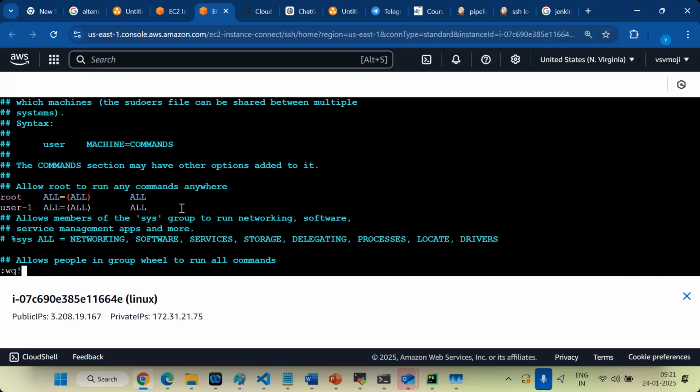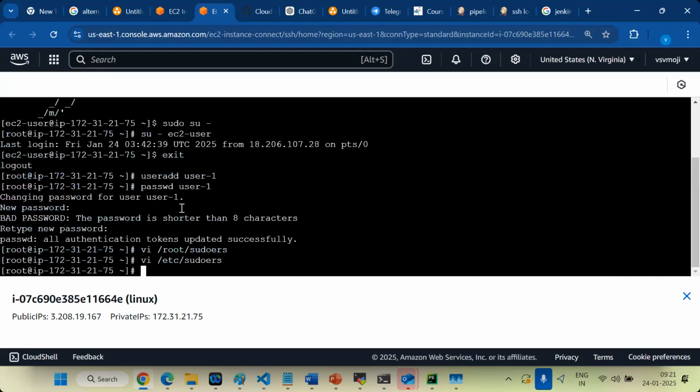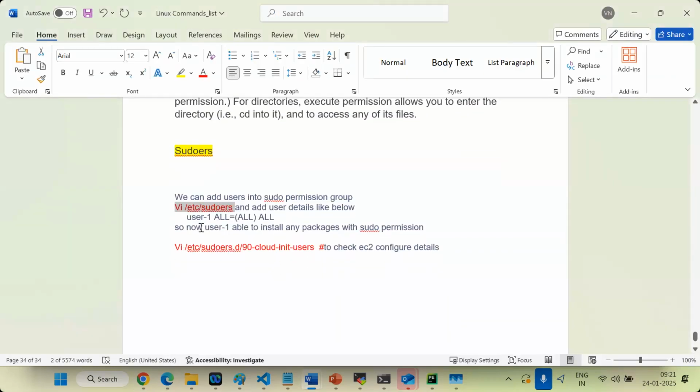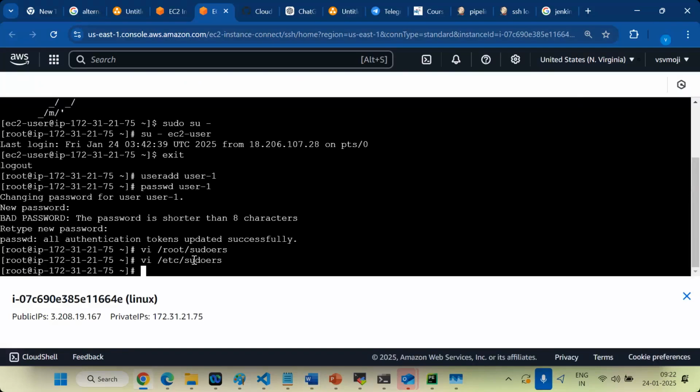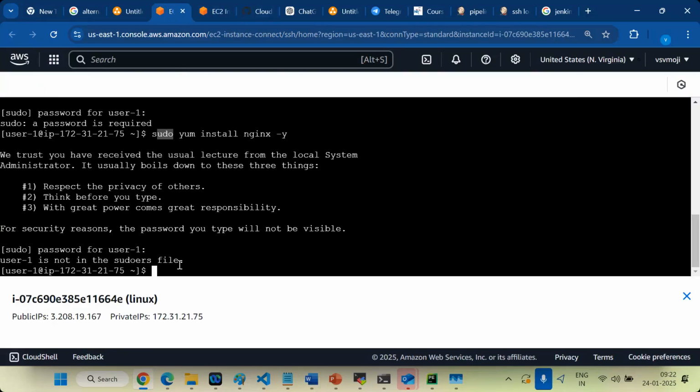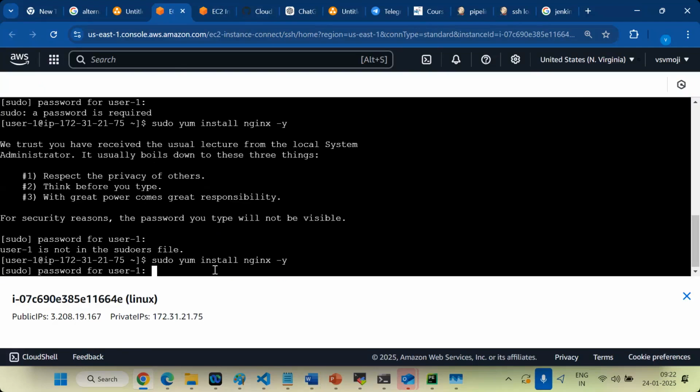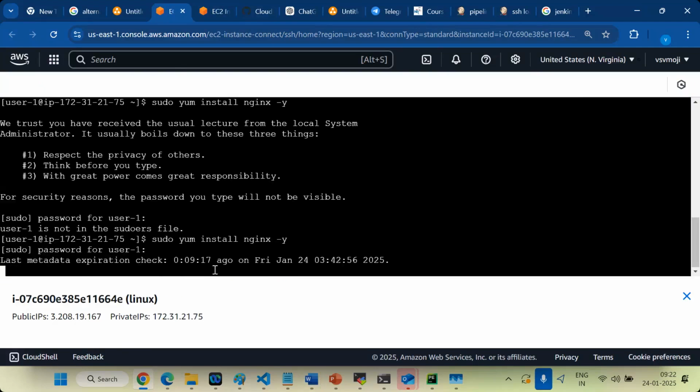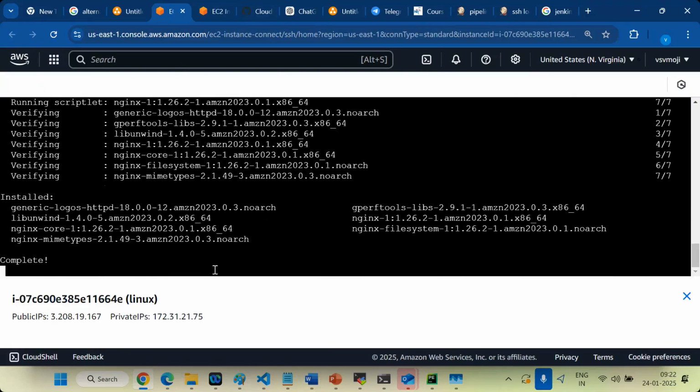Instead of giving all, you can give that specific command only. That's it. You can try. Done, right? So now you can simply go here. Yeah, root only, right? Now go to user one. Here, user one. Let's use the sudo. See, able to install or not? No. Yeah, like that we can control.